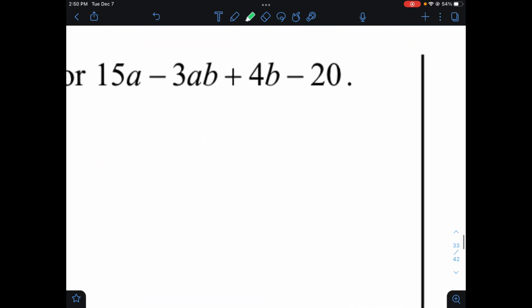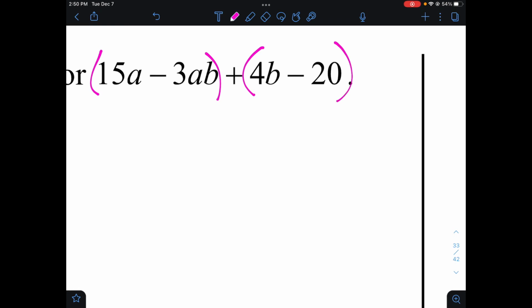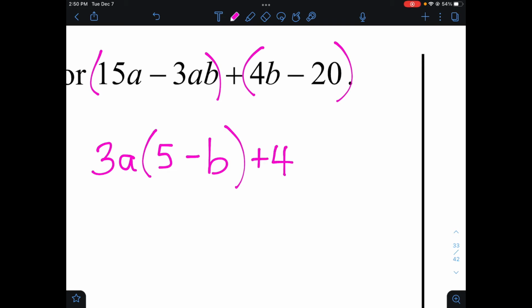All right, next example. Again, 4 terms, so I'm going to group them. Oh, this one already has an addition sign in the middle, so that's awesome. Look and see, I have 15 and 3, GCF is 3, A and AB, so I can only factor out an A, so that leaves me with 5 minus B. 4 and 20, I can factor out a 4. That leaves me with B